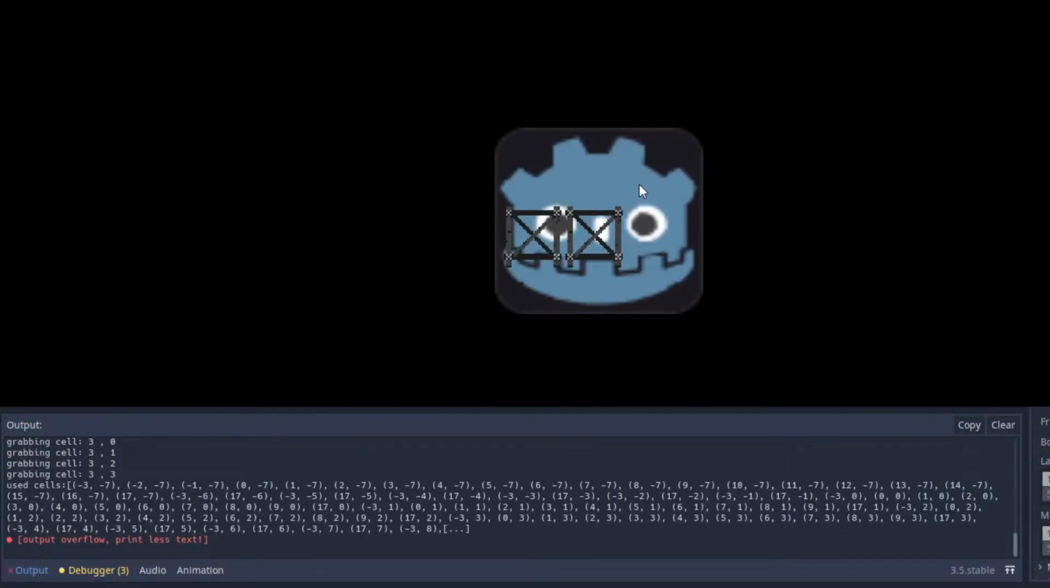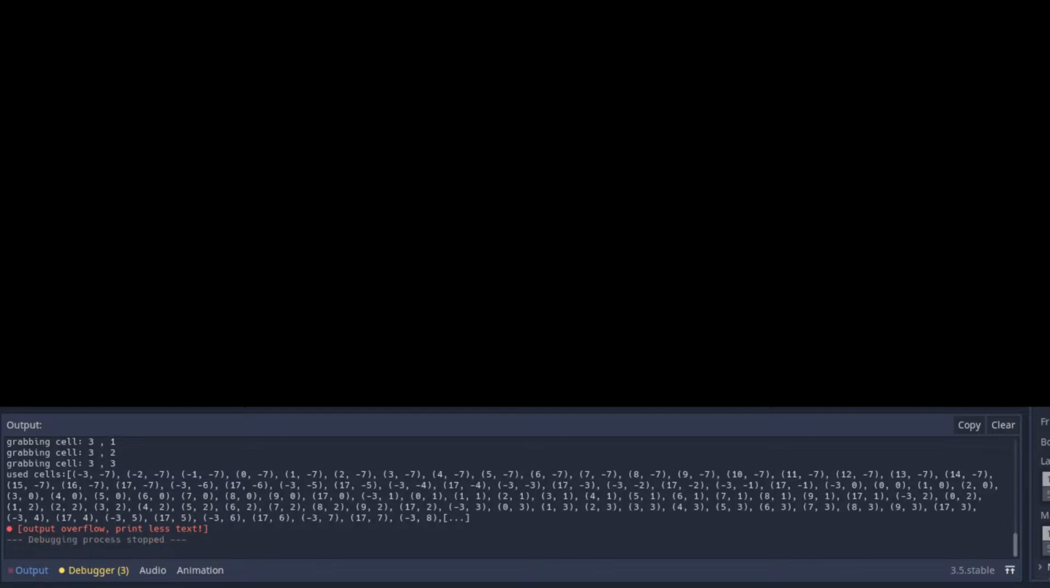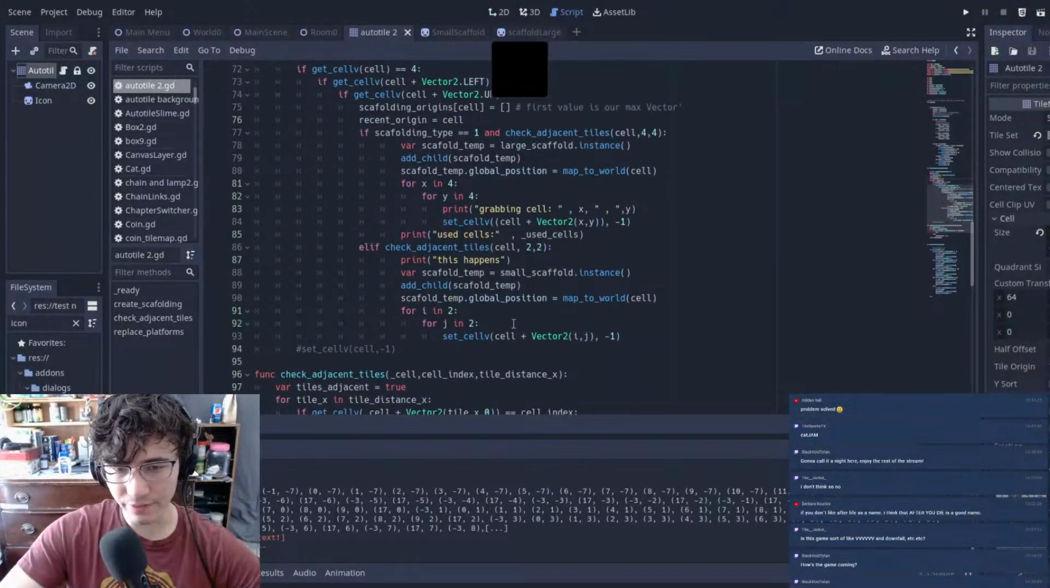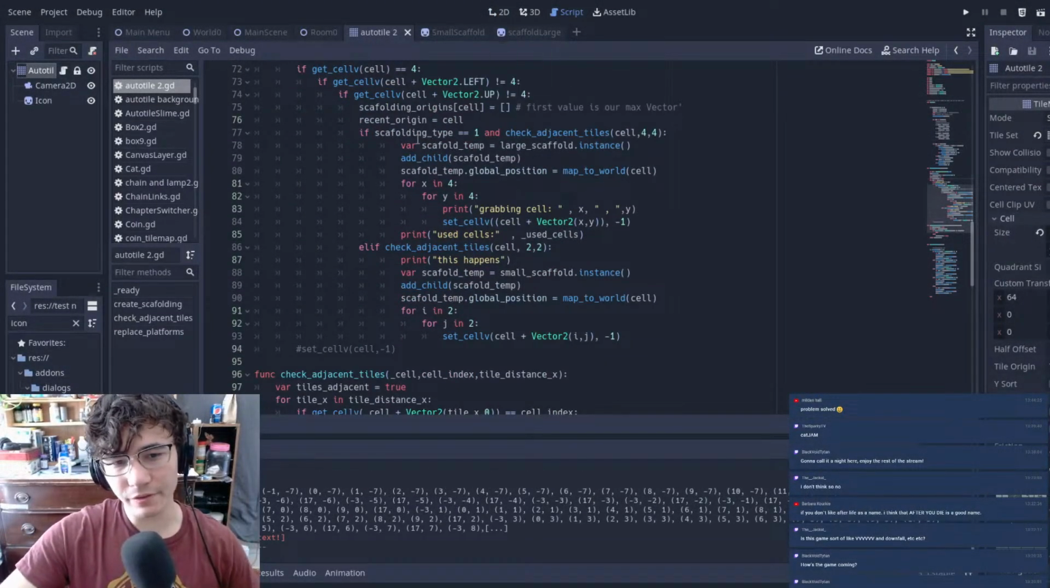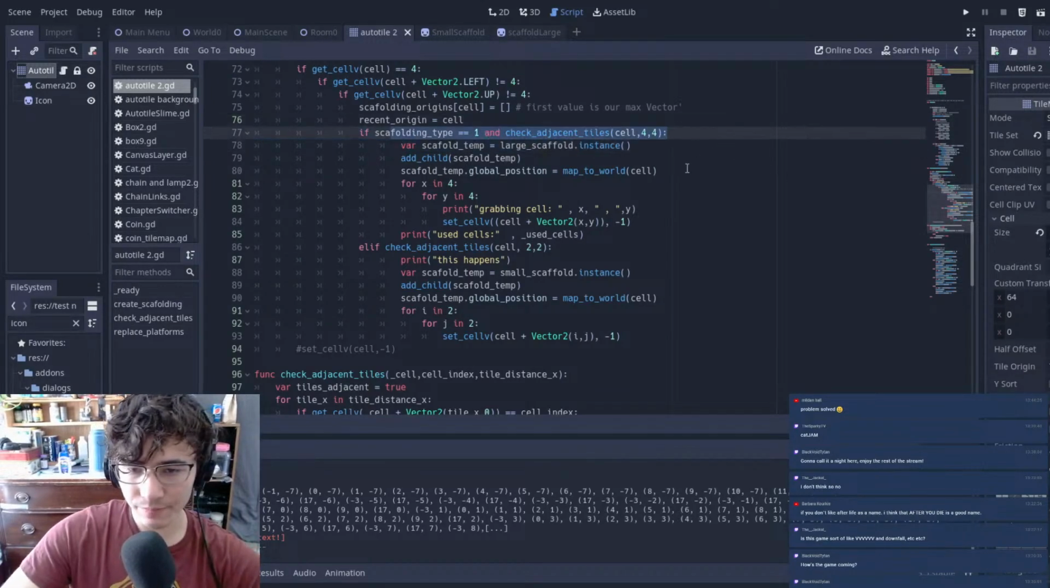Alright, so it's just that I guess this if statement right over here doesn't seem to be working. So if scaffolding type is equal to 4, this prints out true. If this